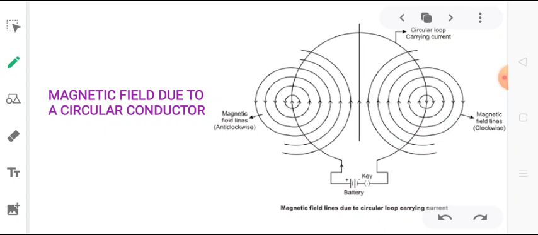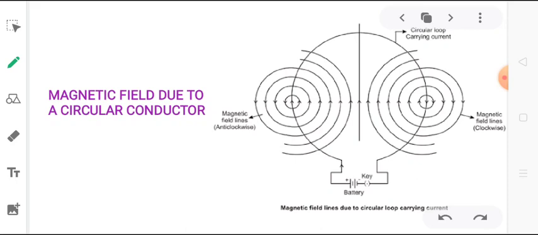Actually it is not a straight line, it is actually a circle. It is part of a circle of large radius. If you consider a small part of a big circle, then approximately it should look like a straight line. That is exactly what is happening in this picture. Actually the field pattern is again in the form of concentric circles. It is nowhere a straight line. It is looking like a straight line in the center of the coil because it is a part of a large circle.